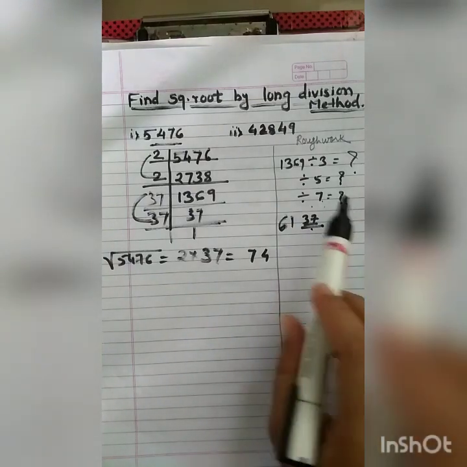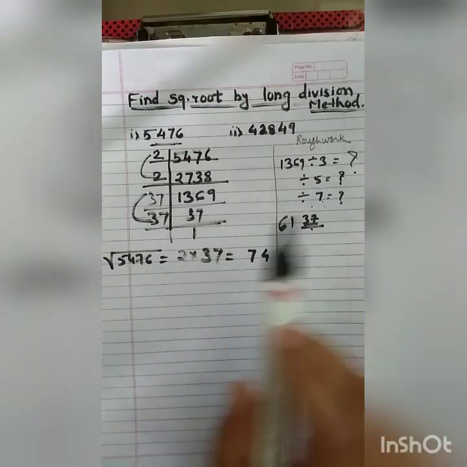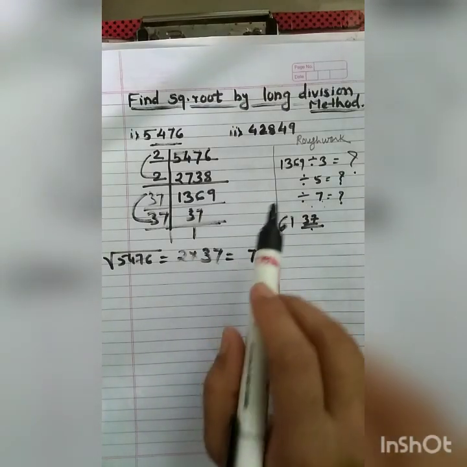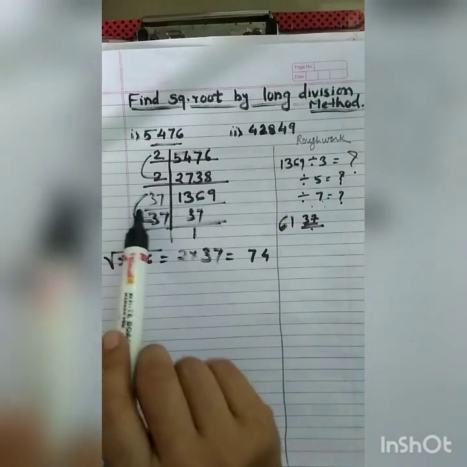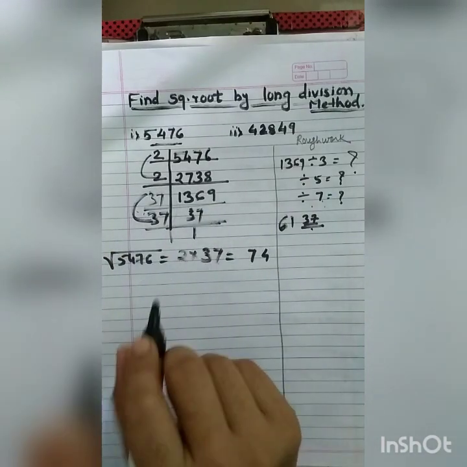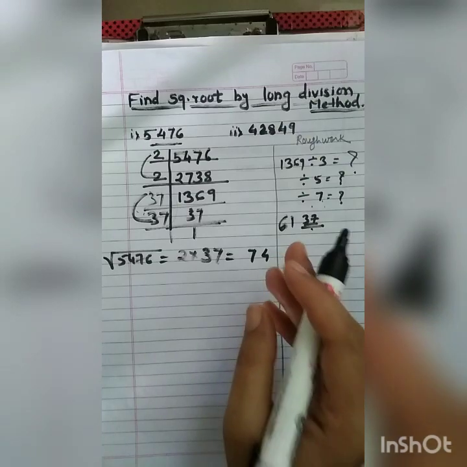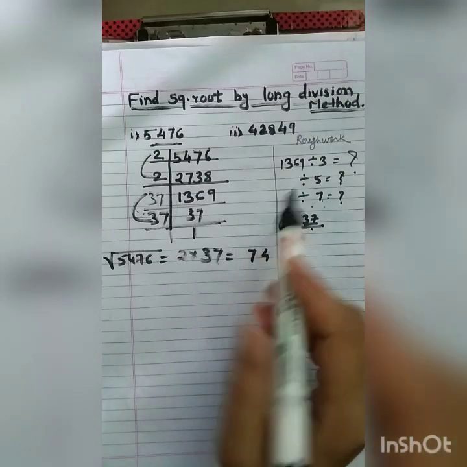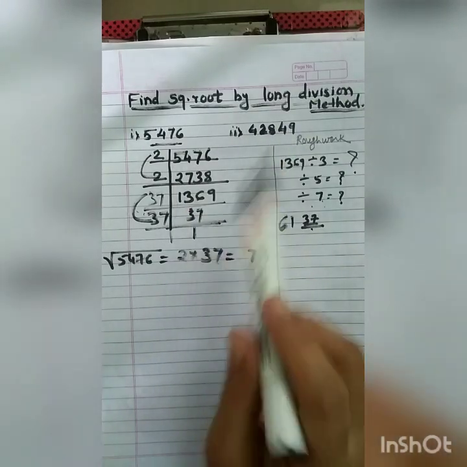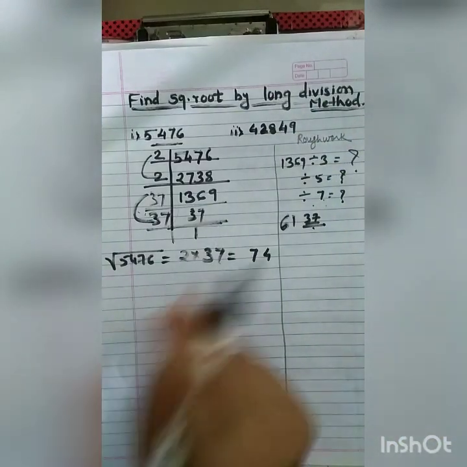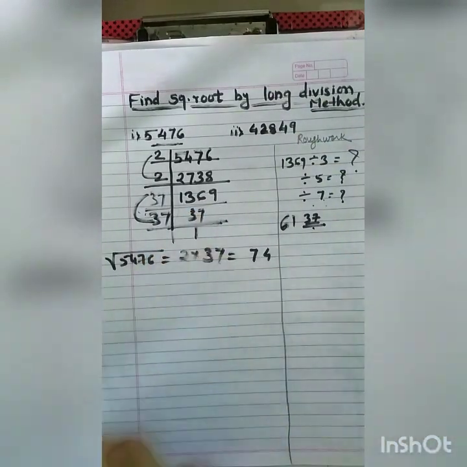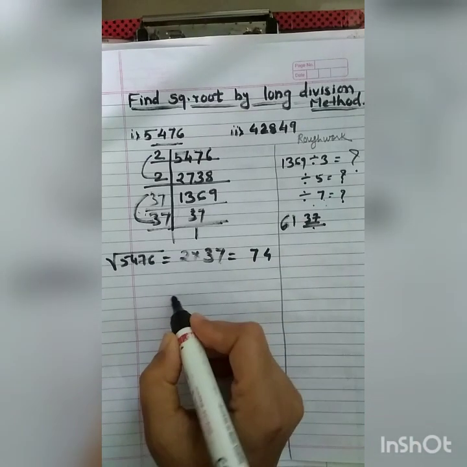Then how much time will you consume on this? It will be a difficult or long method when the prime factors are very big numbers. So for this, there is an easy alternative method of prime factorization, that is the long division method. Look, I will do this sum with the help of the long division method.